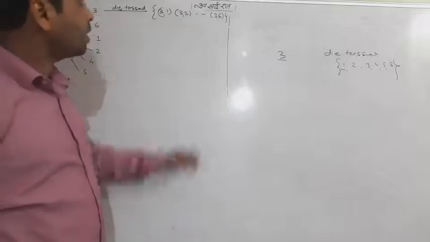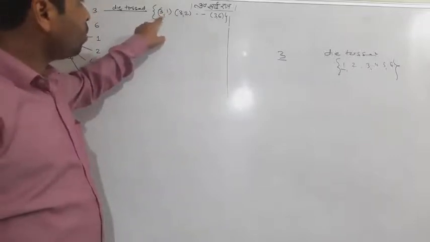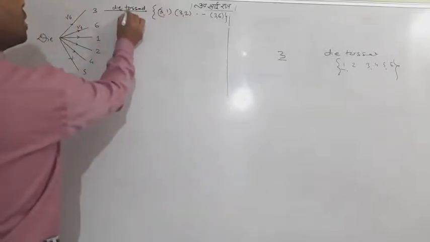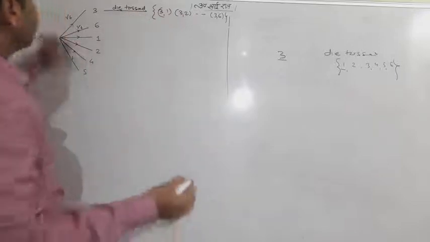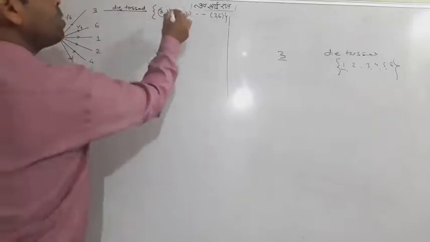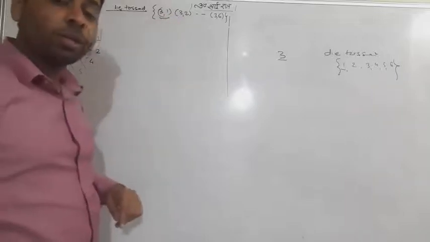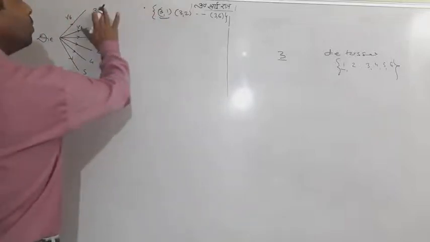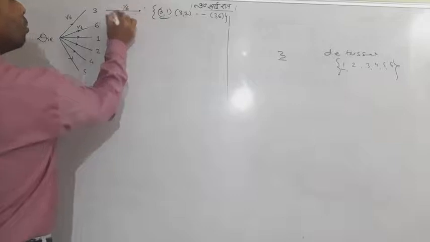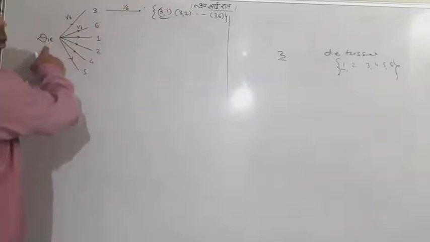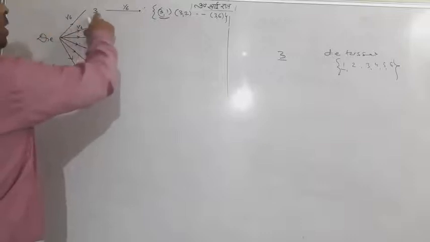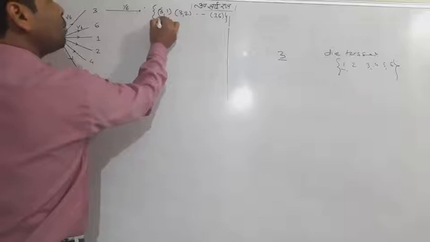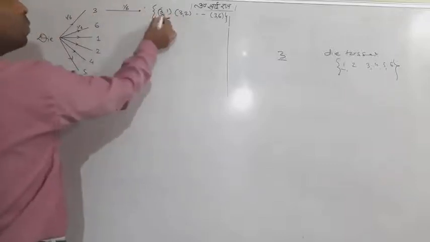And one interesting thing: what is the probability of 3,1? It's very simple but interesting also. This is the die toss, so 1 by 6, and this is also 1 by 6. So overall this particular element has probability 1 by 36. It is very interesting, but it is true. Again, the probability of getting 3 after tossing a die was 1 by 6, and after getting 3, the die is tossed again with probability 1 by 6. So the probability of this element is 1 by 6 into 1 by 6, which is 1 by 36.